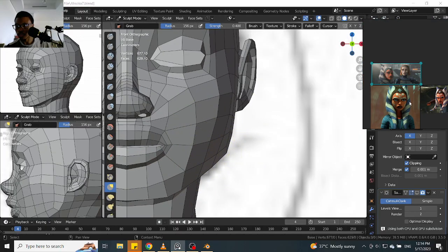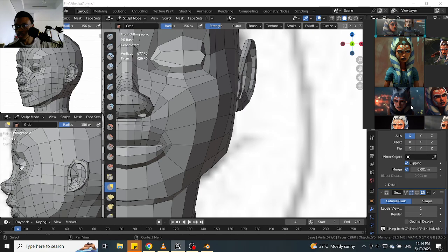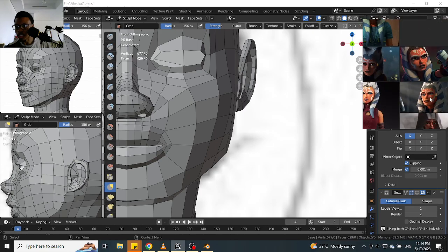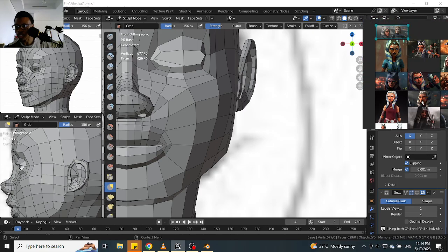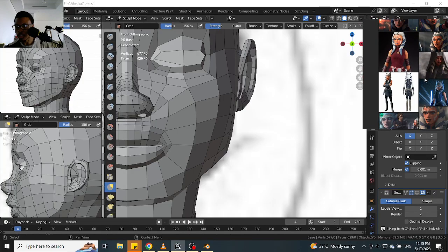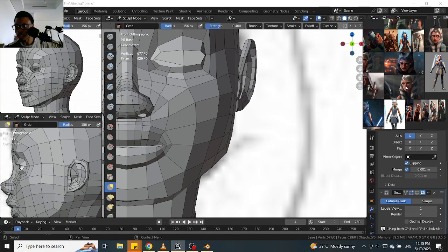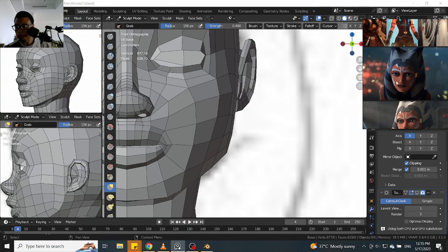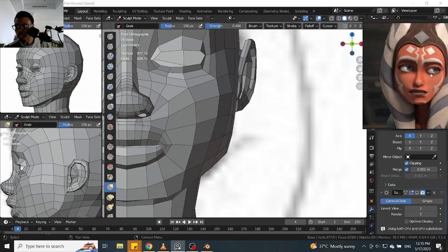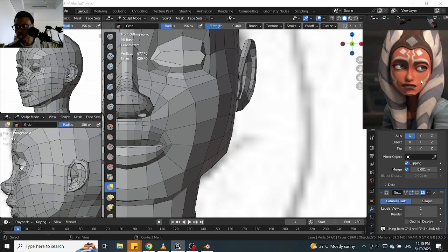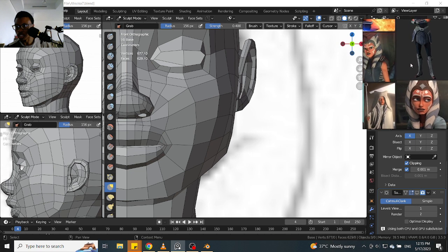Let's get a front. I'm not going to get an exact front view of her. I doubt it. Most of it is going to be side views, I guess. Three-quarter views. Maybe this one. So not exactly, but